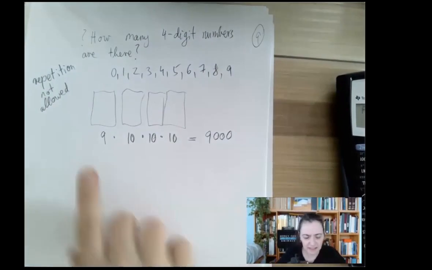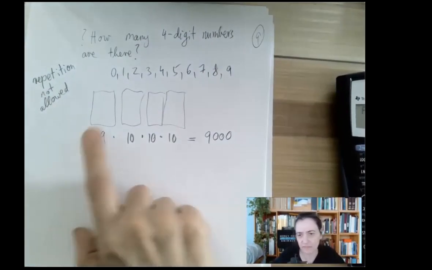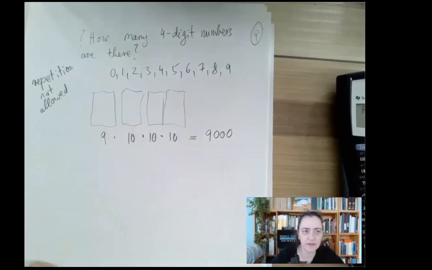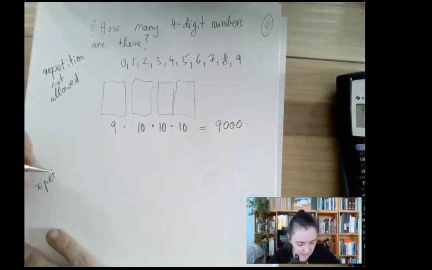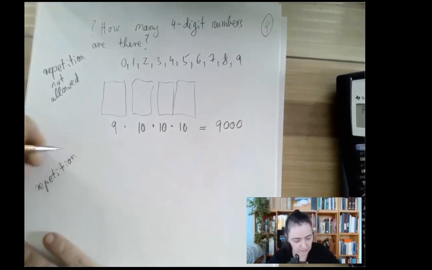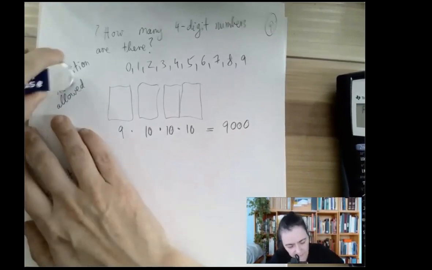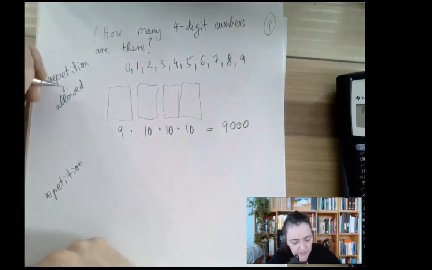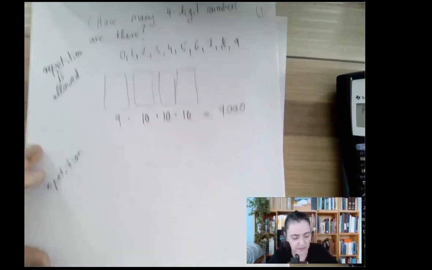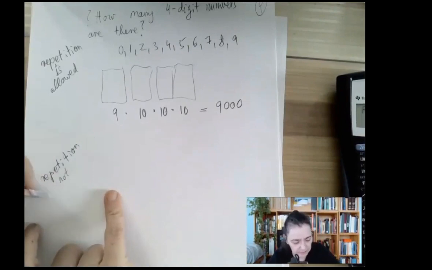You understand why the 9? We cannot start with a 0, but then for the second digit, the rest is fine. And then if repetition of digits is not allowed, it's going to be even more exciting. Oh, I'm sorry, I said not allowed. It is allowed. This is when repetition is okay. Sorry. So if repetition is not allowed,